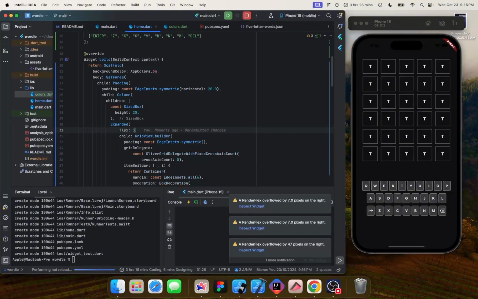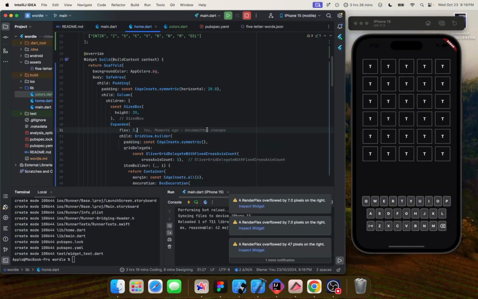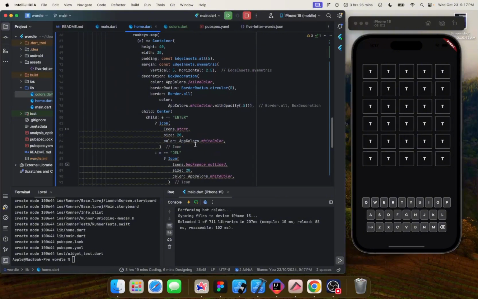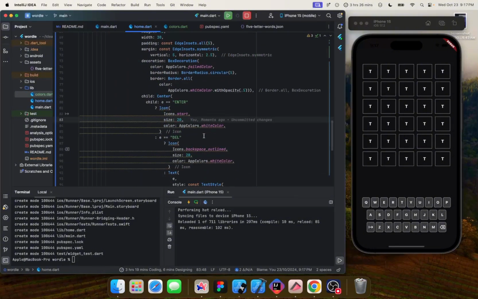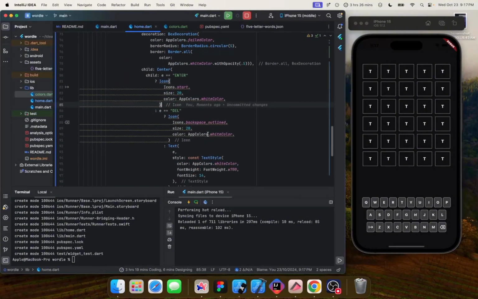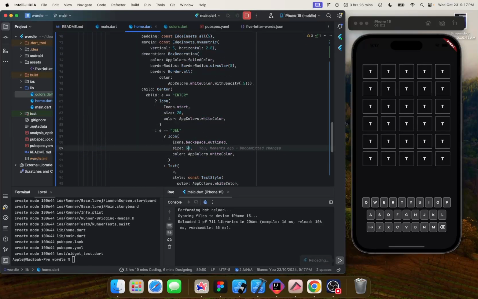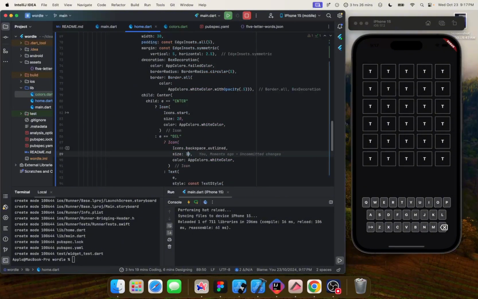So let's increase the flex for this and then push this downward a little bit more, then probably increase this to 40. Okay, and then let's see if we can increase these icons. So 30. Okay,